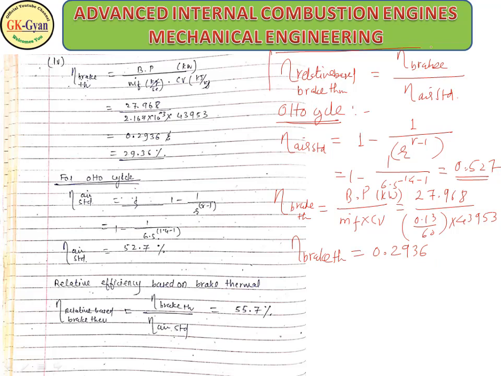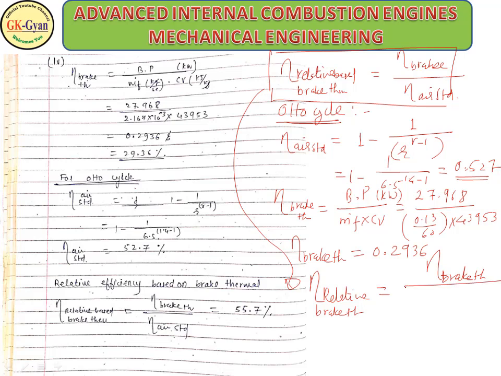So now calculate relative efficiency based on brake thermal. We know the formula: eta relative based on brake thermal is the ratio of brake thermal upon eta air standard. So brake thermal is 0.2936 divided by air standard, 0.527. So it is calculated as 55.7% relative